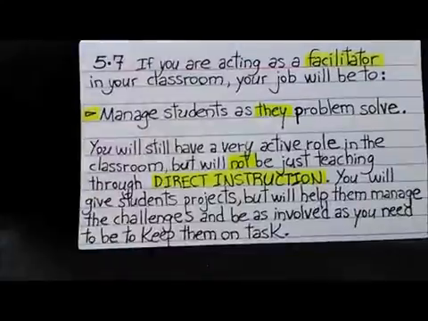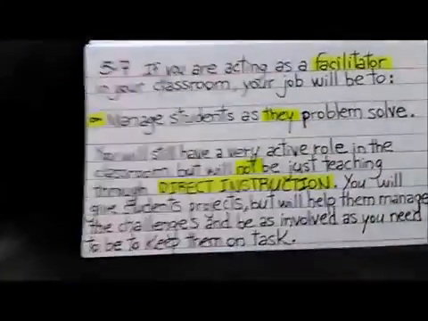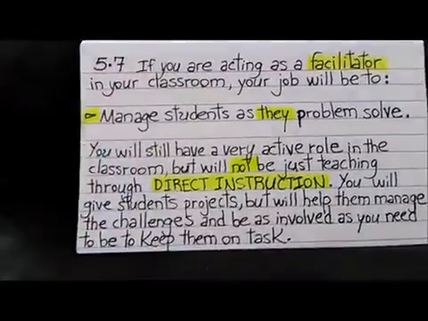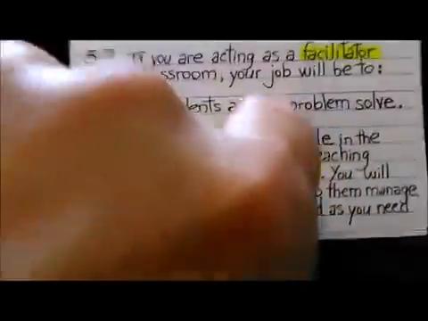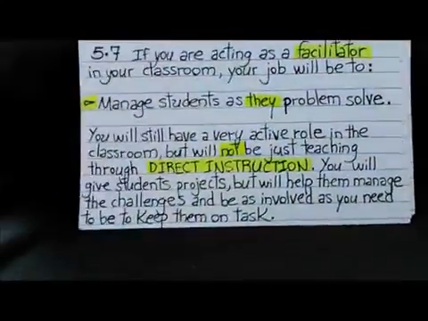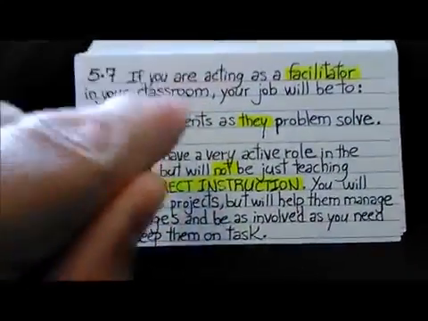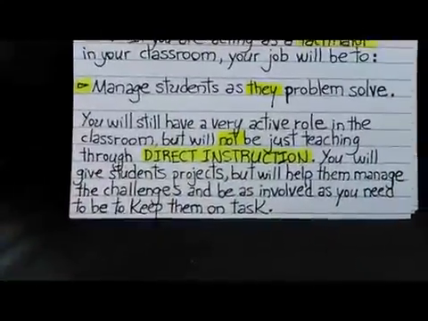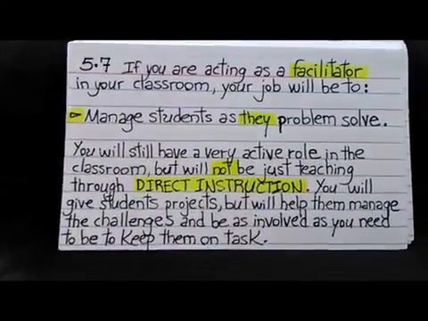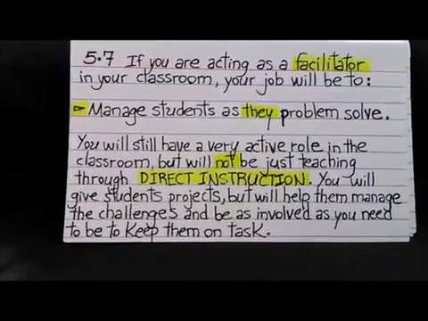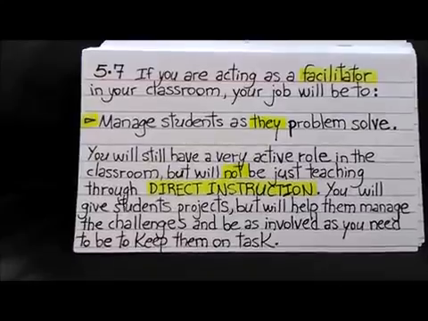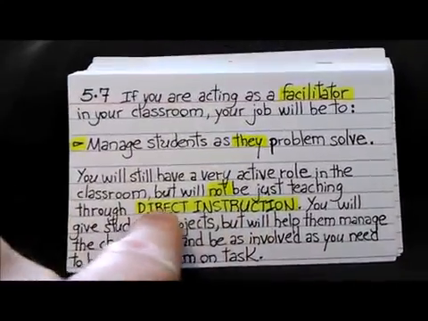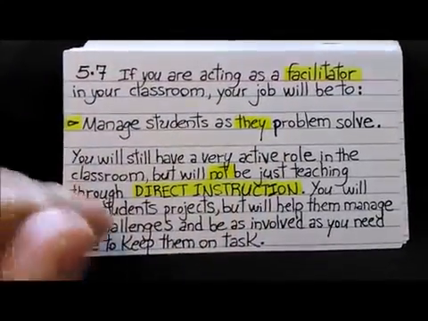If you are acting as a facilitator in your classroom, your job will be to manage students as they problem solve, okay? Not you. It's not the teacher problem solving. They problem solve. You will still have a very active role in the classroom, but you will not be just teaching through direct instruction. You're not going to be a direct instructor. You will give student projects,